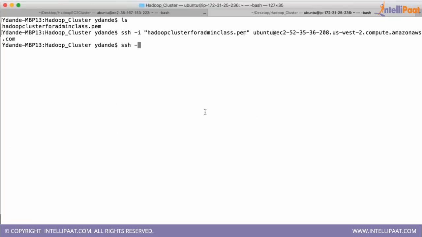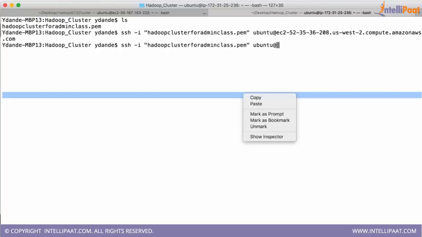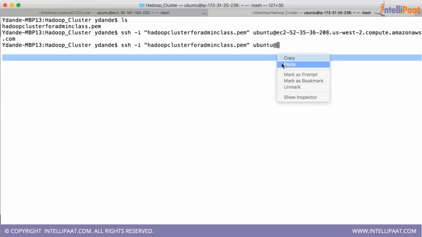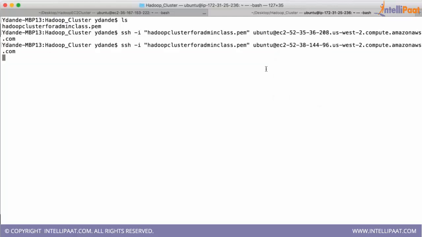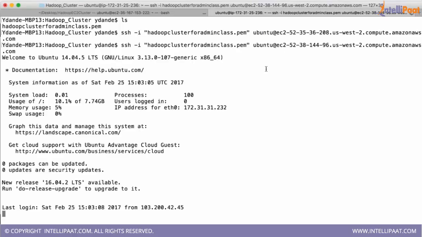Command ssh -i. I'm using the PEM file, which is the public private key kind of thing that will not ask for a password. By default, these instances create Ubuntu as the user, then @ and paste the host name. The reason you use 400 for the PEM file is so someone else doesn't use it to create instances. That's why you have read only for the owner and 0 for others, right? Correct. Now I'm able to access this machine.